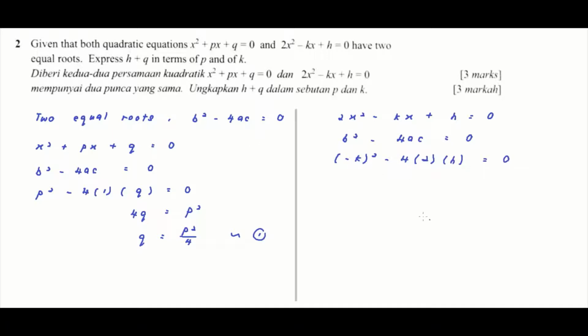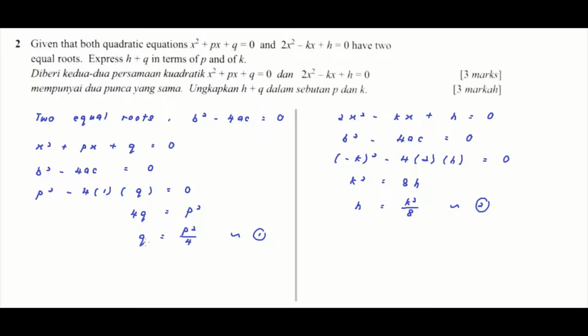Okay, so let's simplify it. So we will have k squared equal to 8h. Okay, so since we want h plus q, right? So the same thing, we try to make h the subject here. So h will be equal to k squared divided by 8. So this is our second equation. Okay, so now we need to express our h and q in terms of p and k,